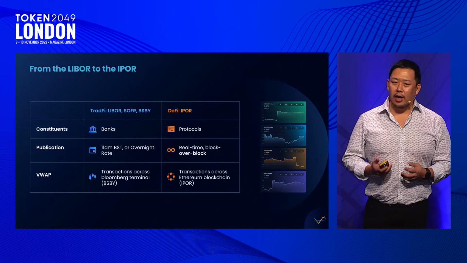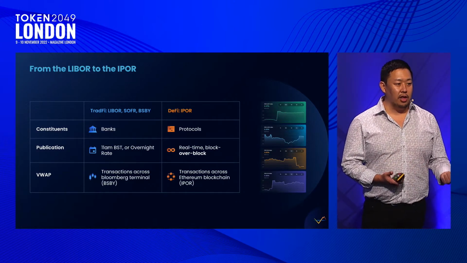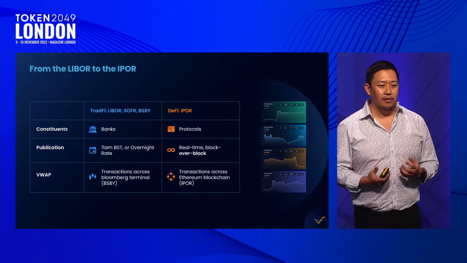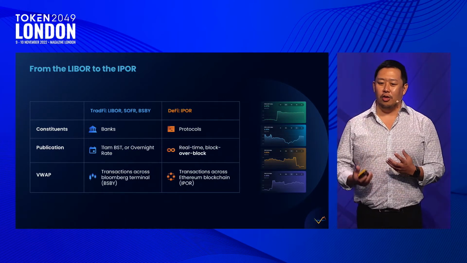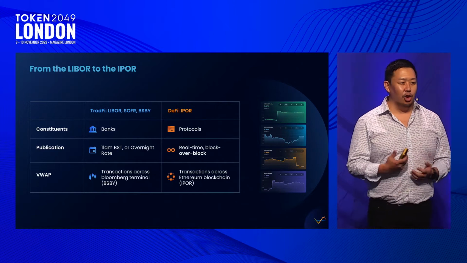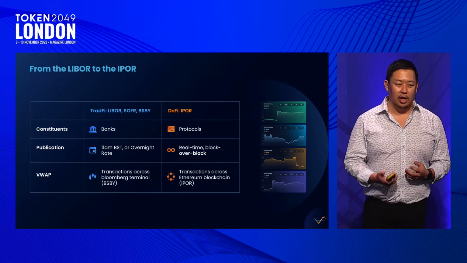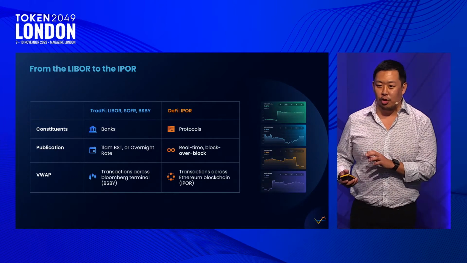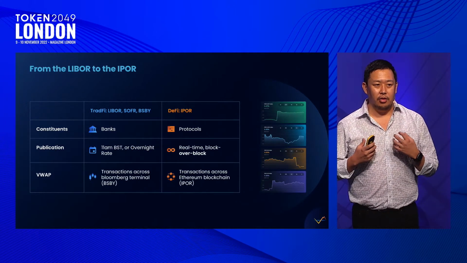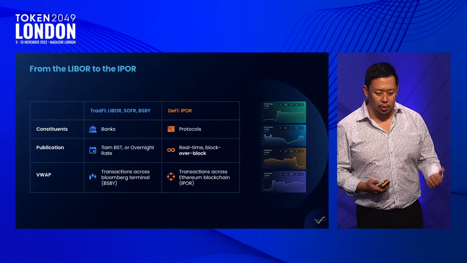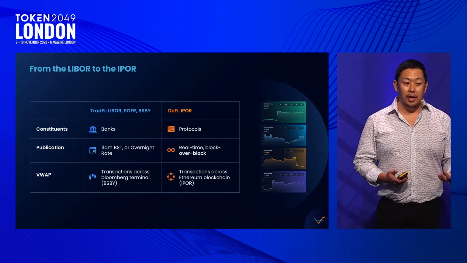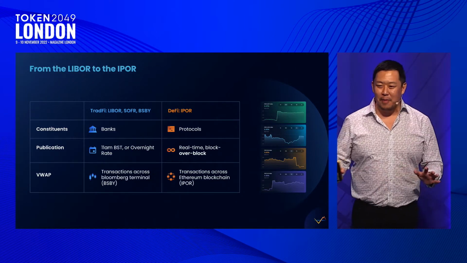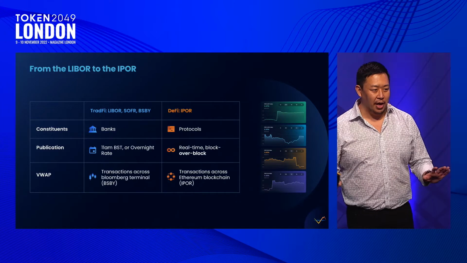Okay, so if we look at the traditional benchmark rates, so let's talk about the LIBOR, the SOFR. So you really have these different banks or financial institutions that are self-reporting rates. And if we look at the LIBOR scandal, we know that there's an issue in terms of trust and self-reporting. But in the blockchain world, we have a much more transparent dynamic for this, which we'll get to in just a second. But publication time, for example, in the LIBOR, what is 11 a.m. BST? Is it this magical time that all credit markets should be based on?